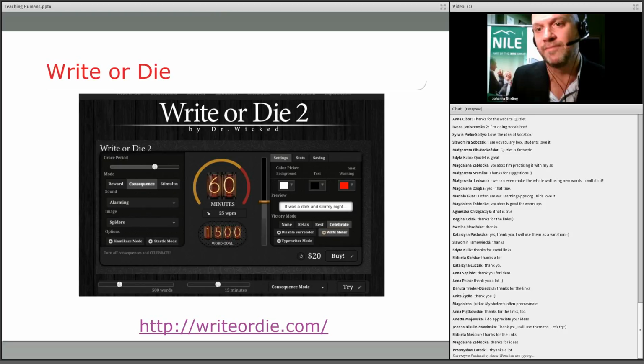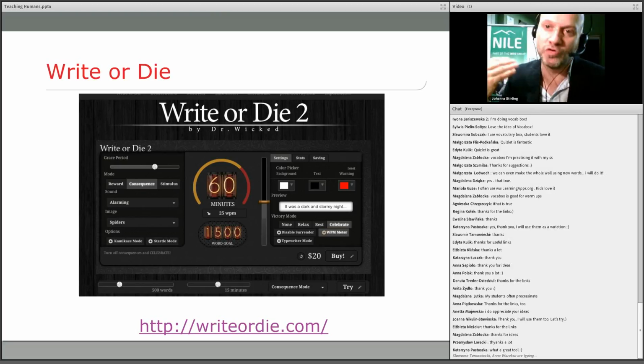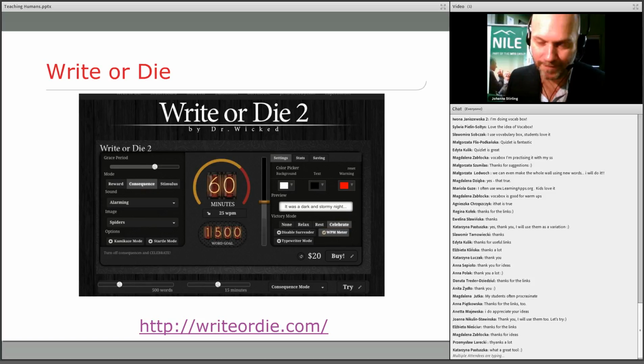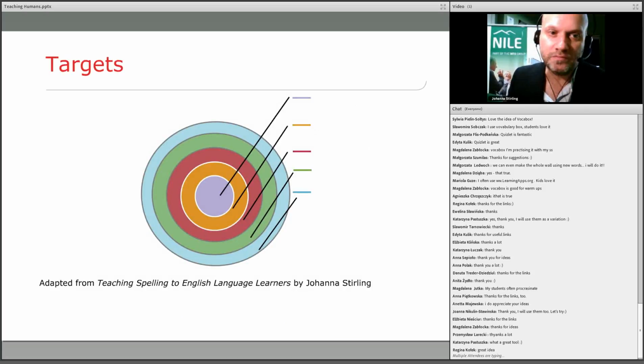In other cases, called the kamikaze setting on Write or Die, if you don't keep typing, it will start deleting some of the writing that you've already done. What Jo talks about in her book